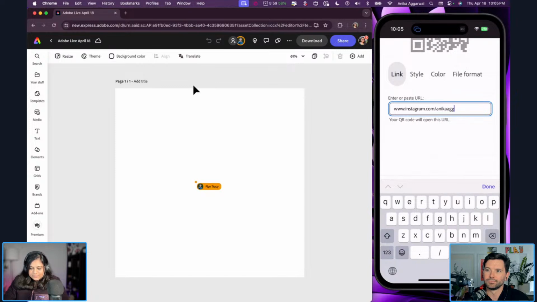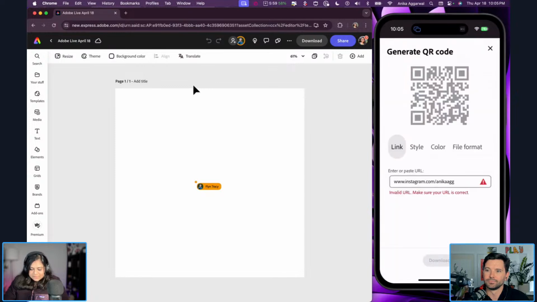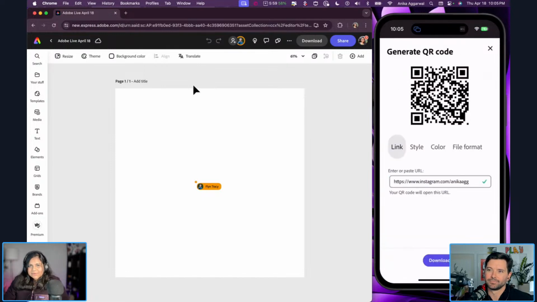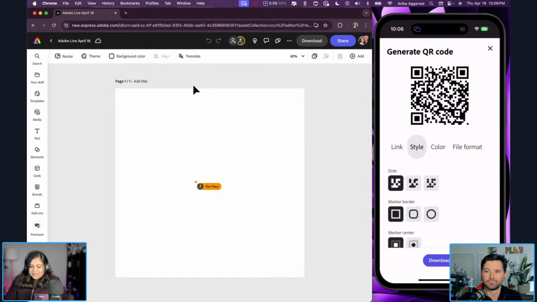www.instagram.com/my username. So if I do that here, it's going to say, oh, that's not what I thought it would say. But that's because I did not say that this is secure. So let's do that again. And now that this is a secure website, the QR code generator detects that and generates a QR code for me within like 5 seconds, which is so cool because now I can go to style and change the dot pattern here, maybe make a border around it,